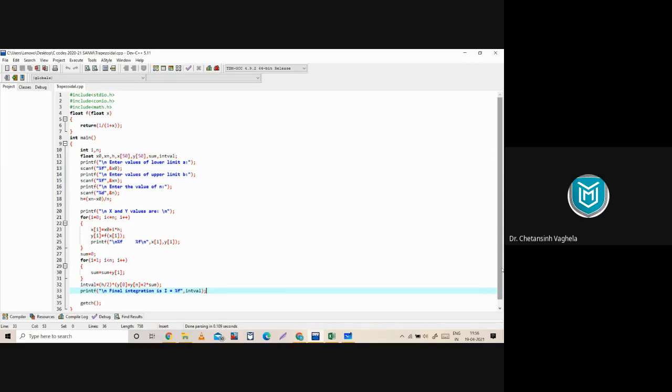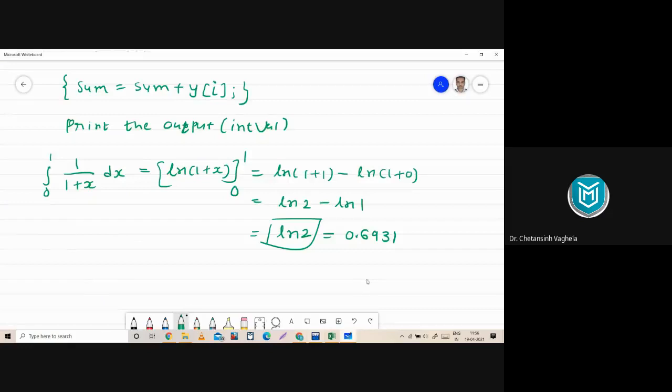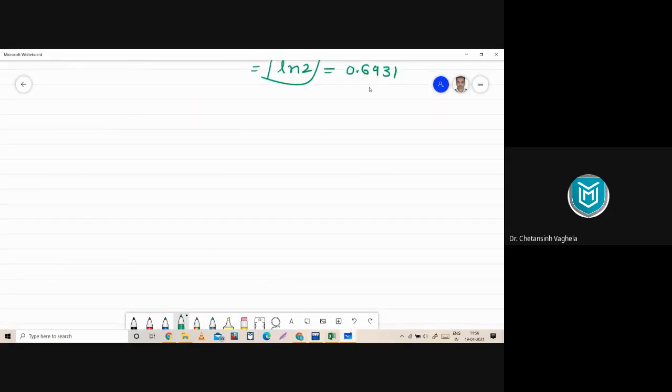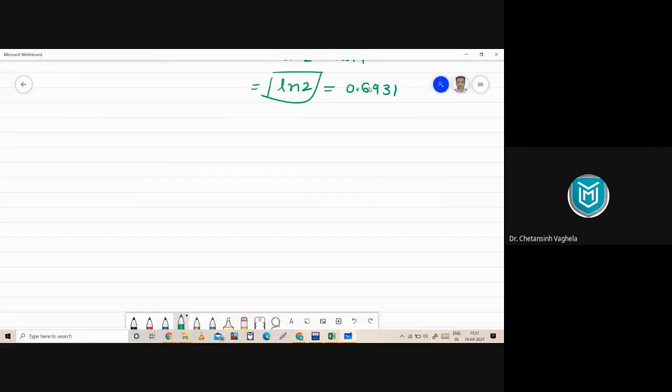So first we need to compare both the formulas, see what changes are there, and then execute those changes in this program, and we can easily convert it to Simpson 1 by 3. But before that, we need to understand those changes. So for that, let me write both the formulas here.